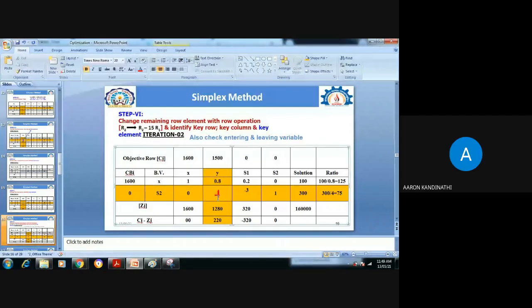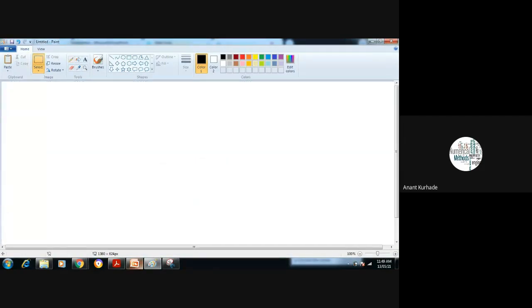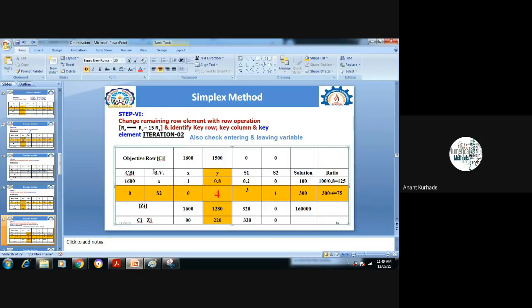No, sir. Okay. Now, the most important thing. So here, I will make changes here also. Here we have this 4 as the key element. While writing the next table, we don't have these values. Just remember. Okay, wait. I will put this as it is and again do these calculations here. Wait. Select all and delete. Okay, we go for this.